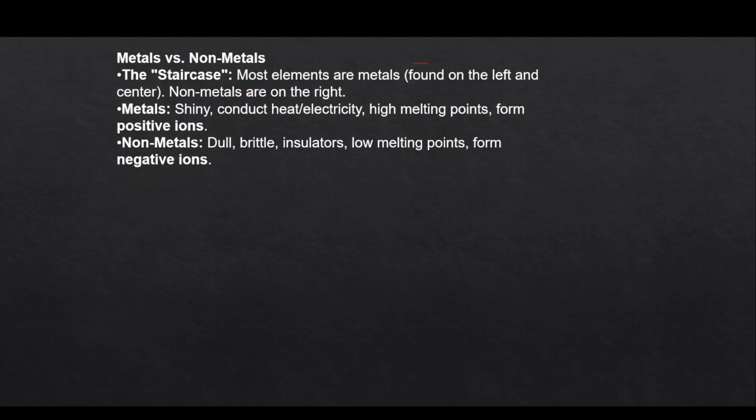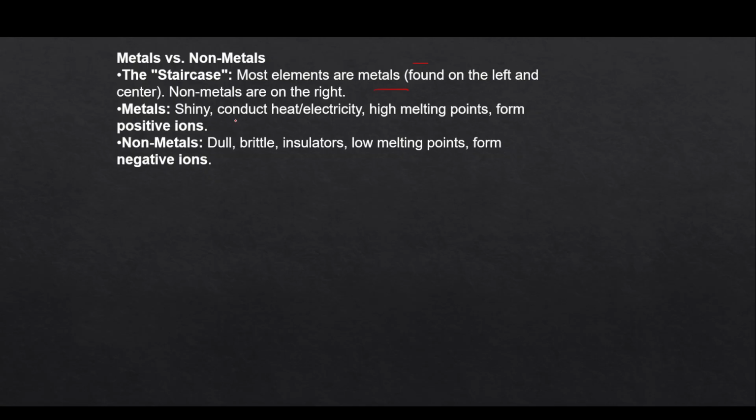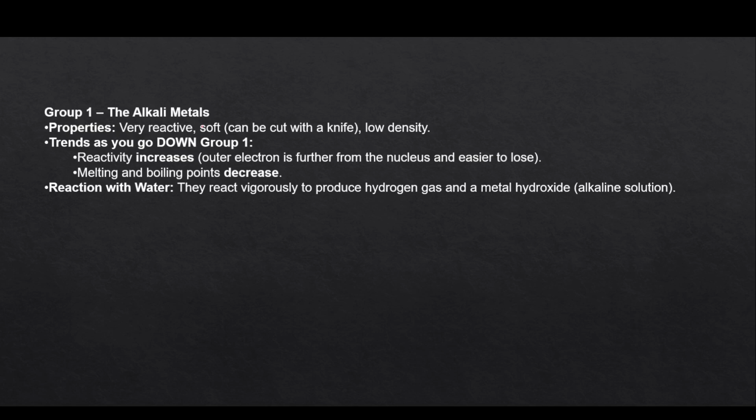On the staircase, most elements are metals, which are found on the left and the center. Here you can see, these are metals. And we know the properties of metals: they conduct heat and electricity. And non-metals are insulators, right? So yeah, you can see here. And then group 1 are the alkali metals. They are very reactive, and reactivity increases as we go down, because the electron is further from the nucleus